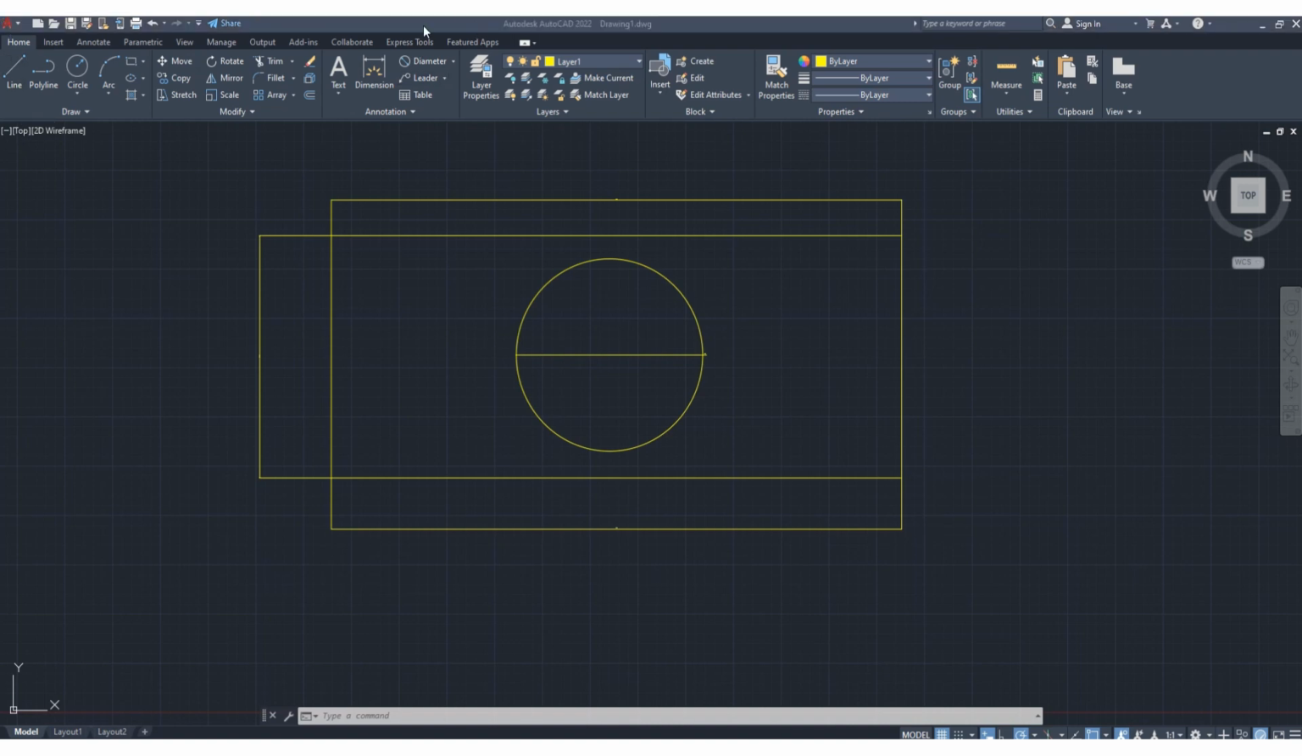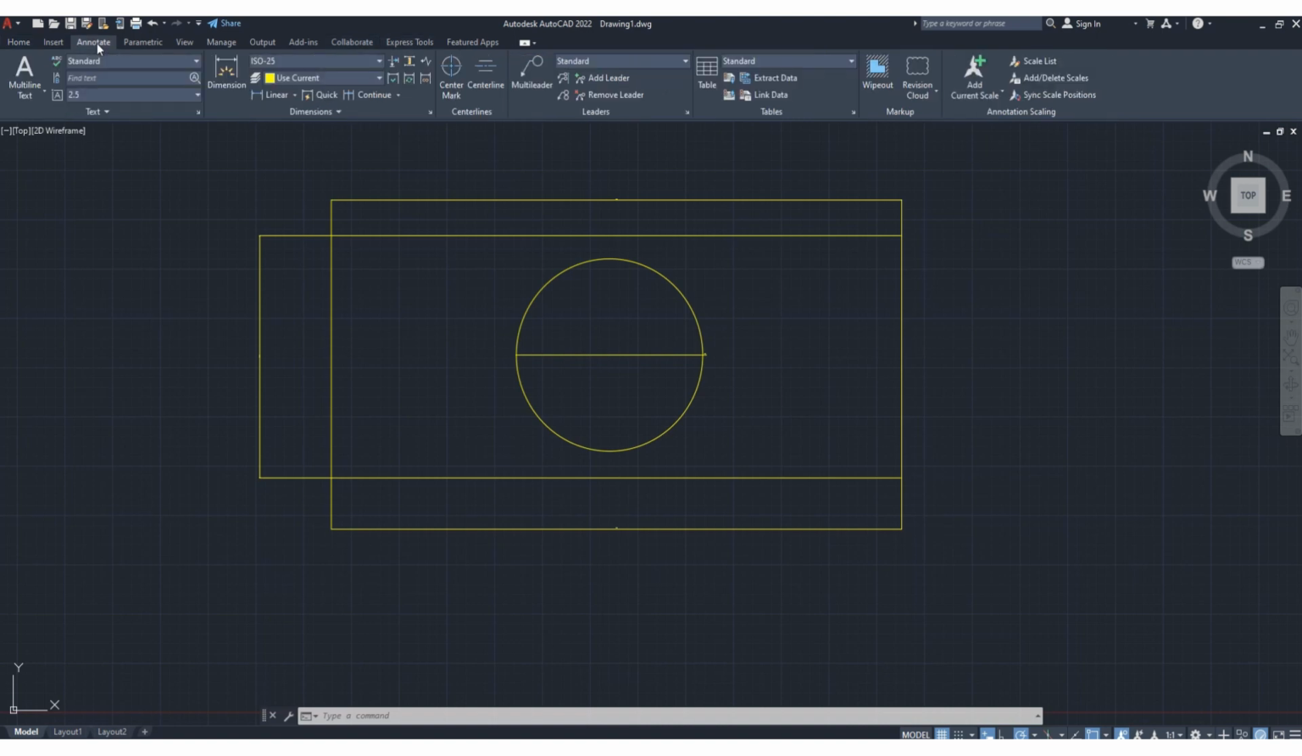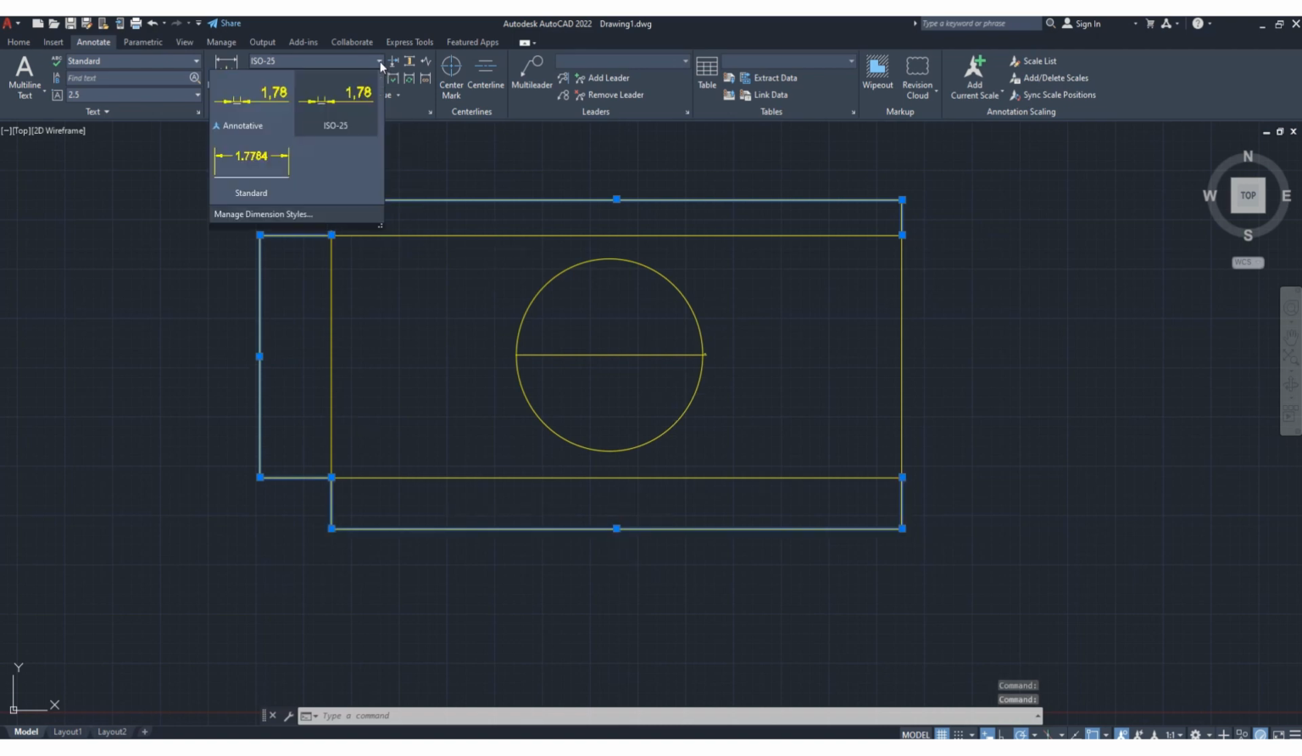So here you can see this annotation tab. Here also annotate. You can annotate. Let's select this dimension. Select all these three dimensions, and here you need to select this annotative. Okay, now